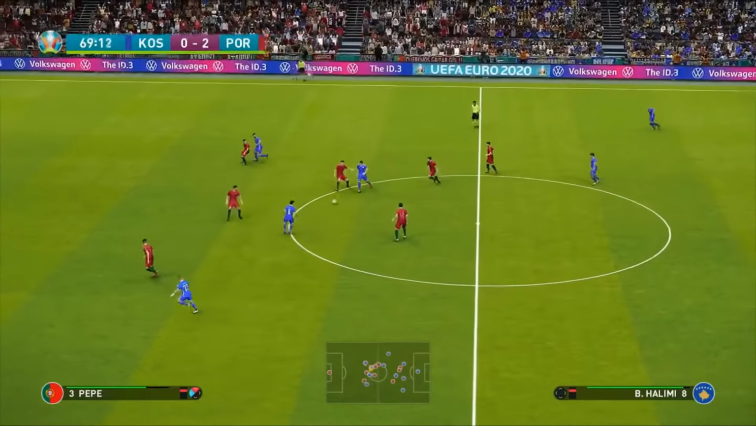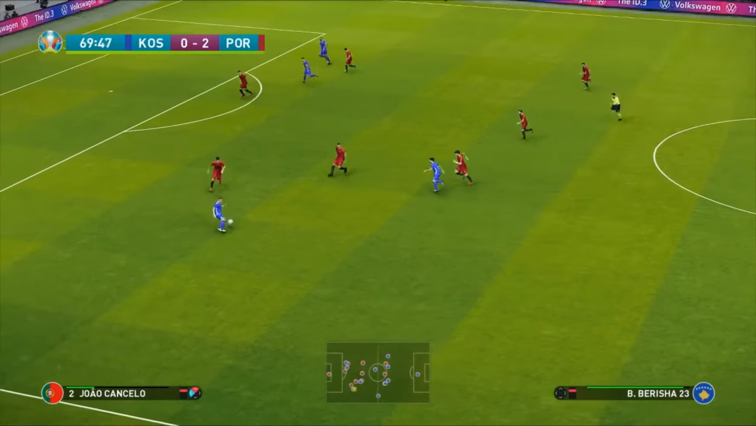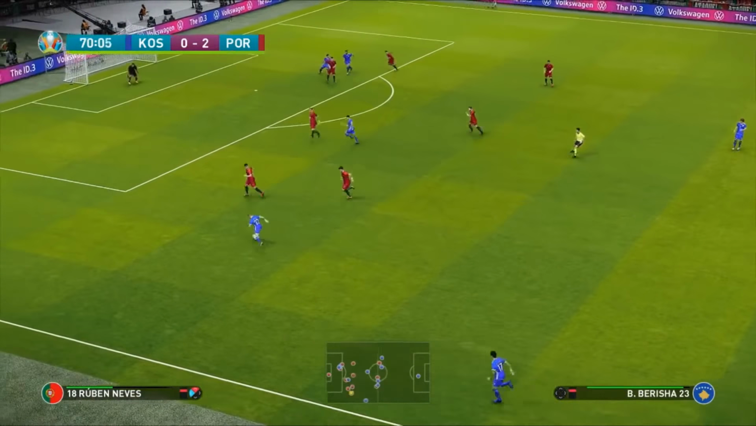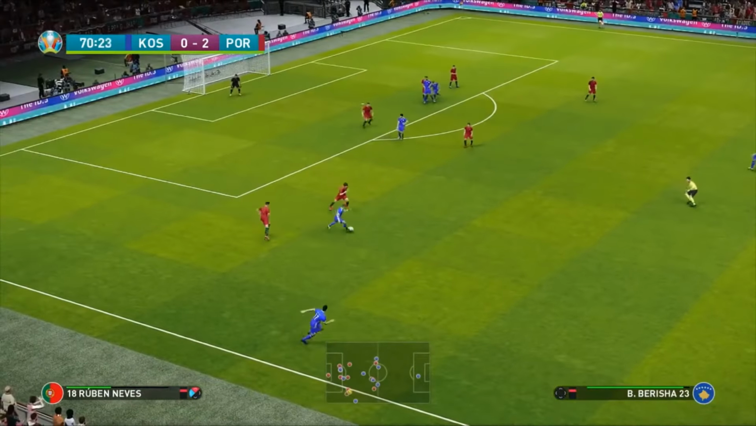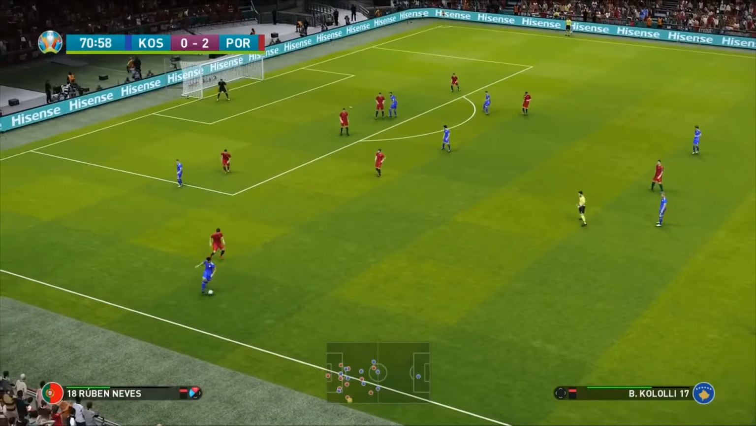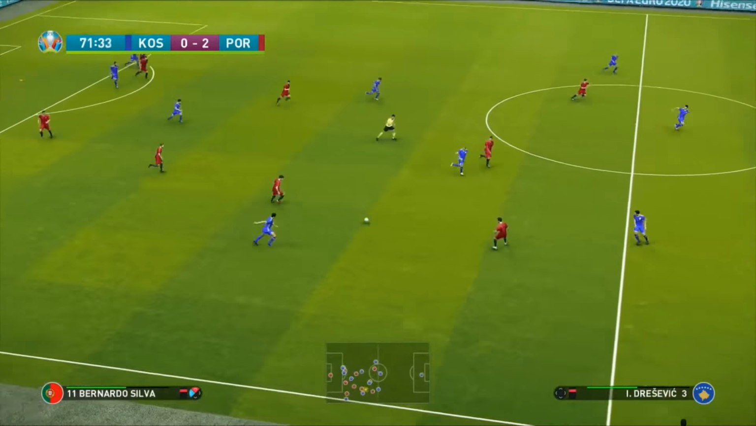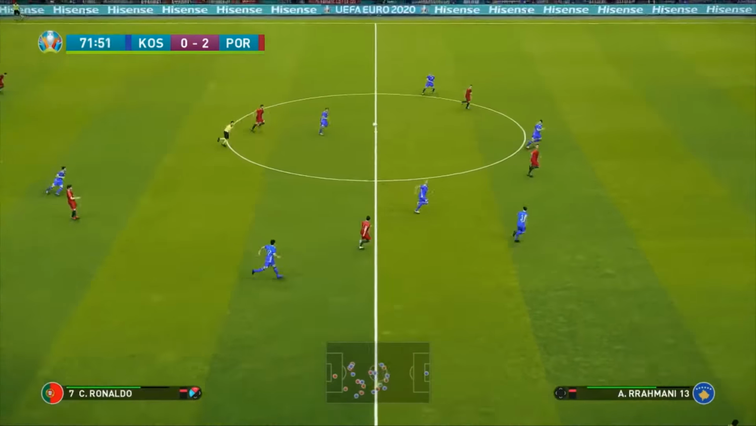Here's Rashica into Halimi, who holds the ball up. Great work there. Moves it to Berisha, who's just come on the pitch a moment ago. Makes a touch into Kololi. He's going to hold the ball and take his time here. Some short spell of possession there,